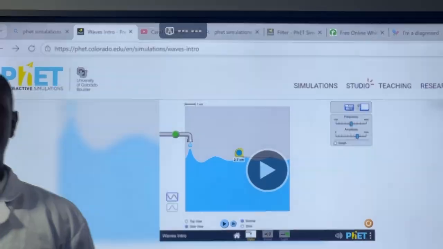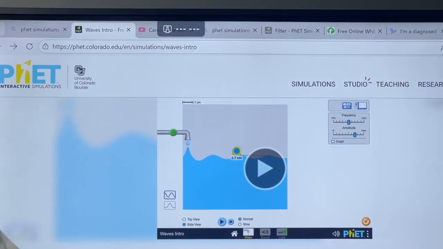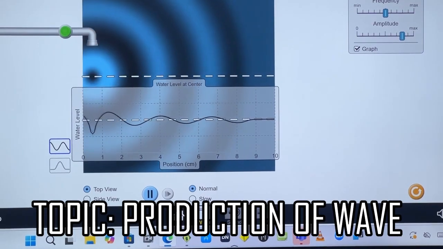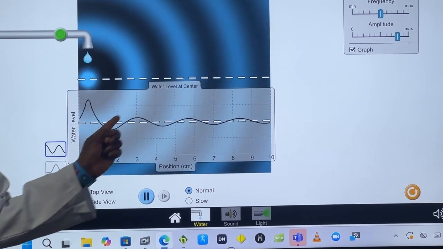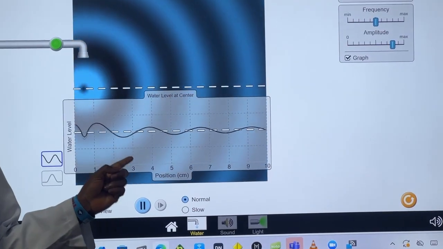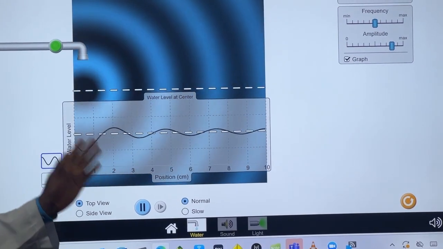In physics today, I'll be taking you through the production of wave. Naturally, a wave is any disturbance that travels and transfers energy from one point to another without causing any permanent displacement